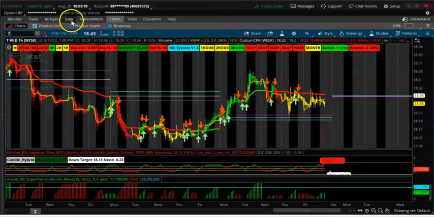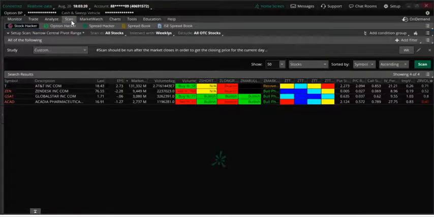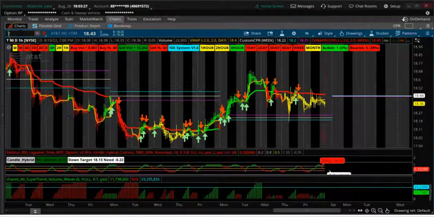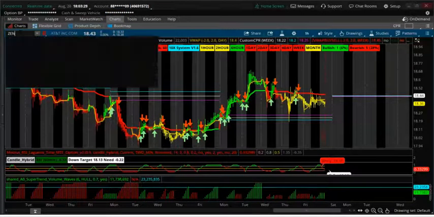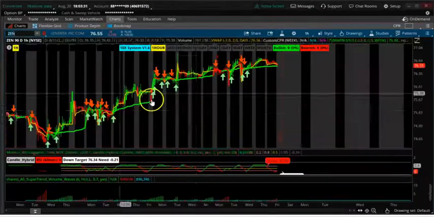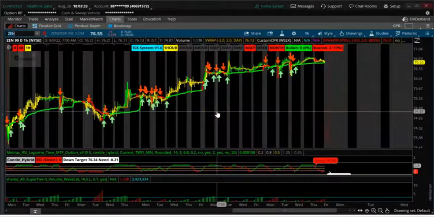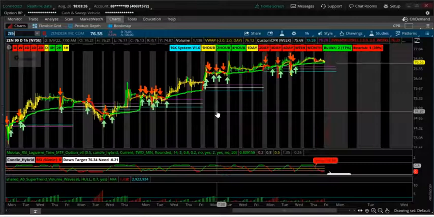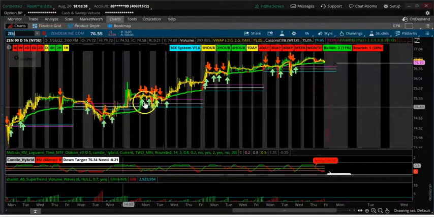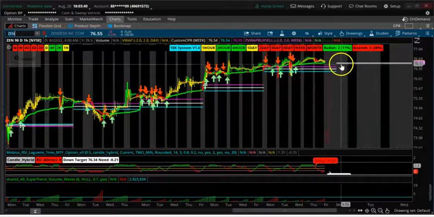Okay, next in the scan. Next one, Zendesk. Okay, it's Zendesk. Chart. Okay, you can see Zendesk is already going, CPR is going up, it's projecting that it's going to go up,